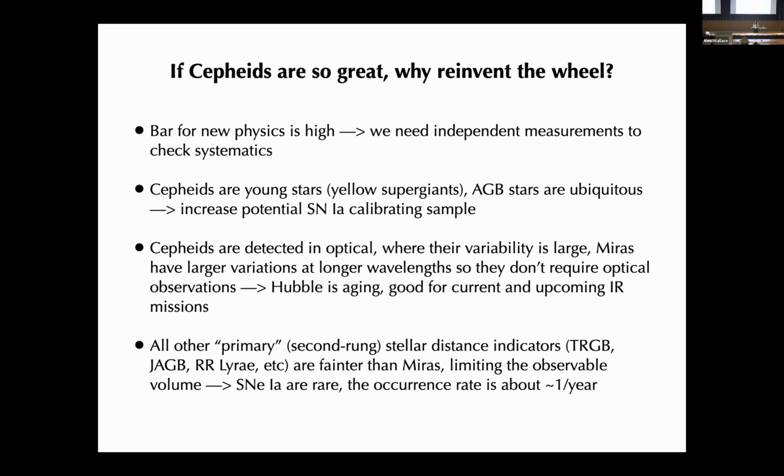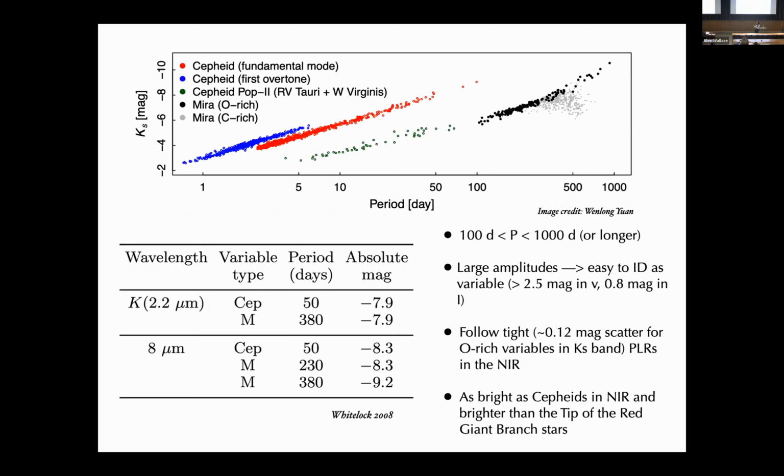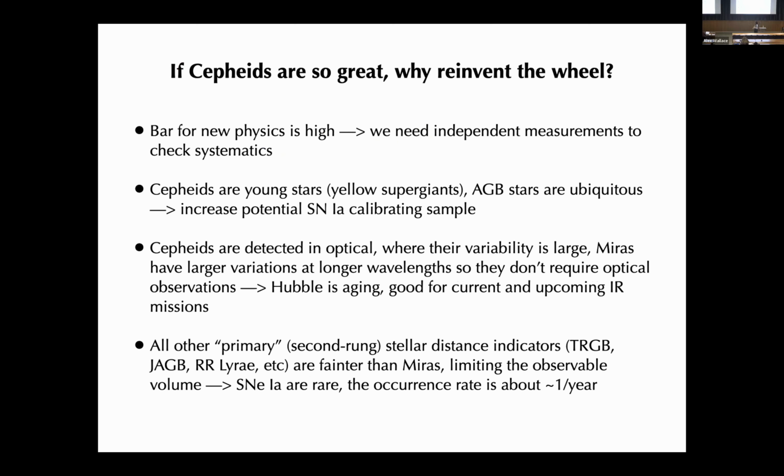Okay, so if Cepheids are so great and they already have the most precise distance measurement, why do we even need to look at Miras? Well, in my case, since we're trying to do cosmology, the bar for new physics is high. So at some level, even if you just keep making one measurement more and more precise, you want to have other independent measurements that can serve as a cross-check. So it's very useful to have other measurements with different methods